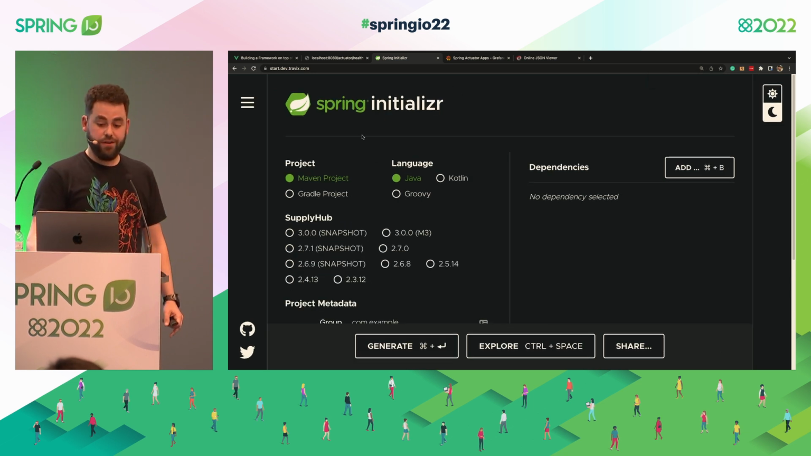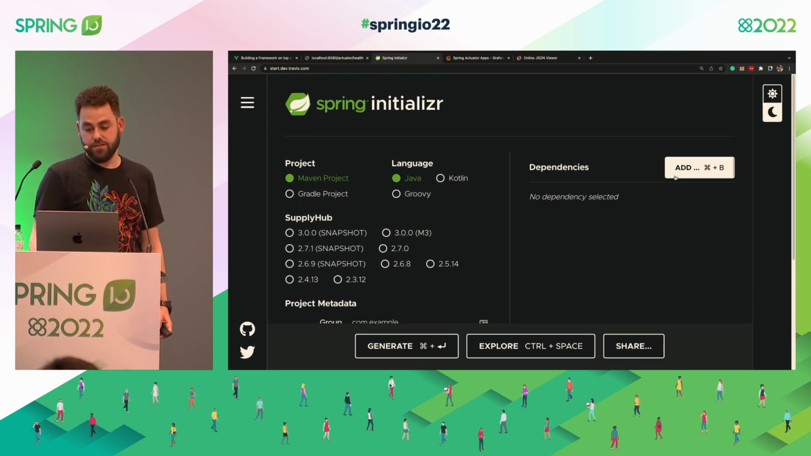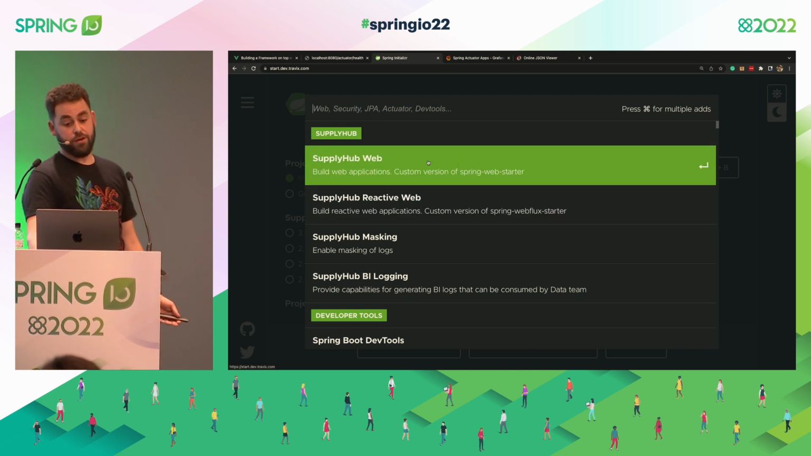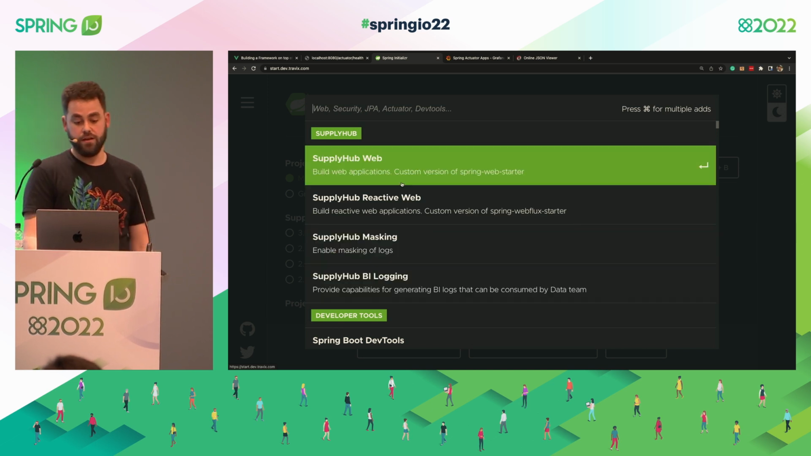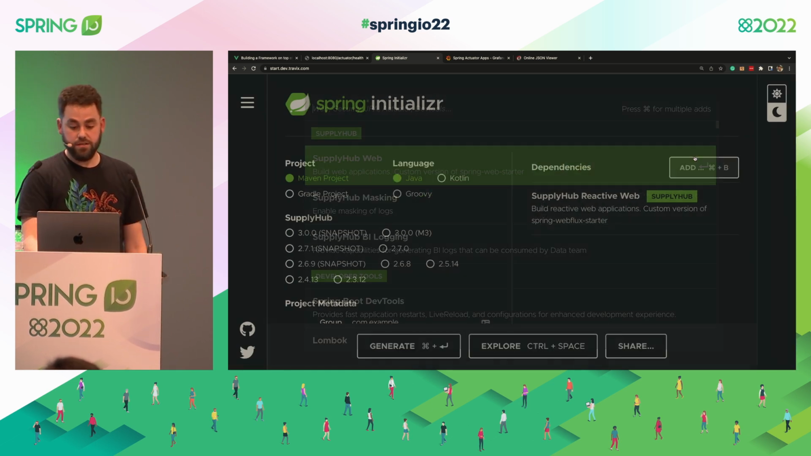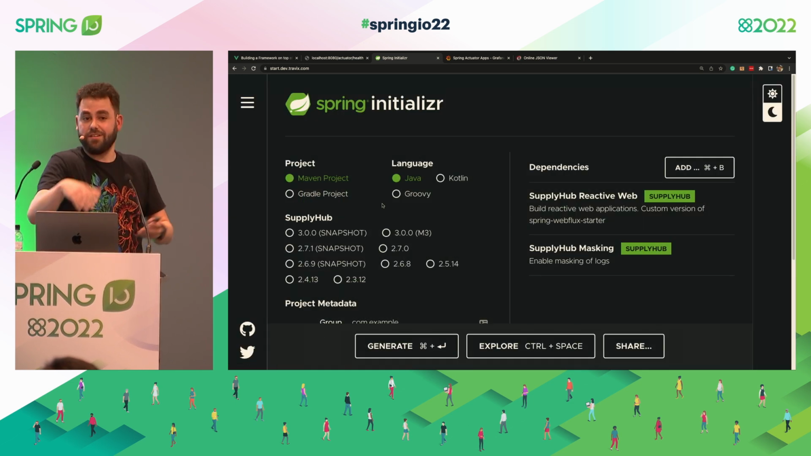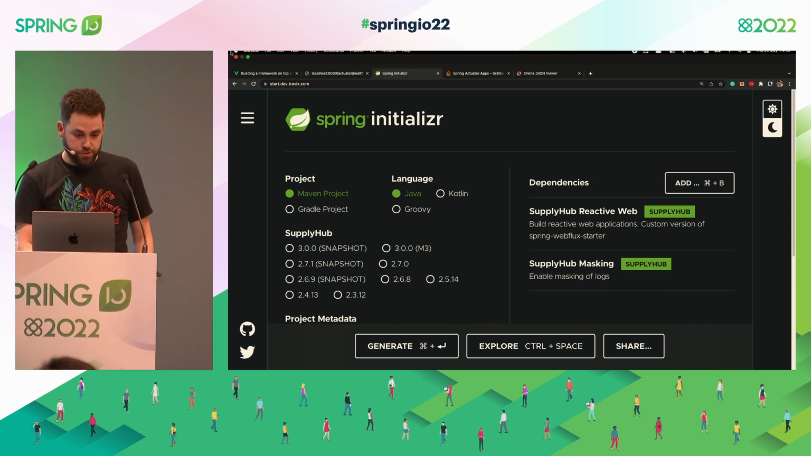So what we have is the same thing as before. We haven't customized the UI because we don't care. All we do is come to the project metadata and then the dependencies. And when we click here, we have our own options. Mainly, we can create a web application or a reactive web application, and potentially add masking or logging. So let's say I want to create a reactive application, and I want to add masking. That could be it. We just do this. It will add the starters. It will add the entire structure. And yeah, so when we come here now,